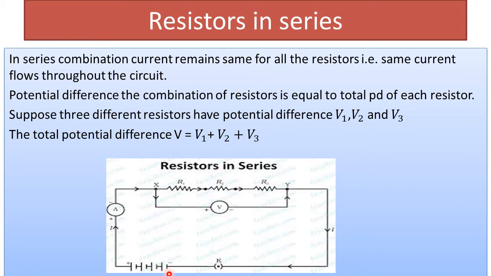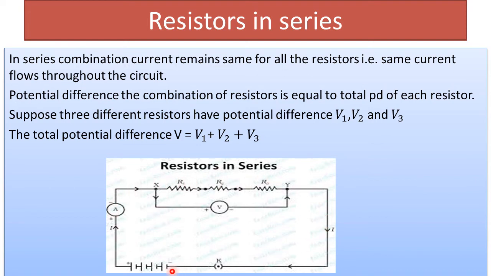Now all of you know electrons start moving from negative terminal to positive terminal, right? In this diagram, exactly opposite direction of current is shown. I have told you this before. In any circuit diagram, not real direction of electric current is shown. Always conventional direction of electric current is shown. So in reality, electrons start moving from negative terminal to positive terminal.